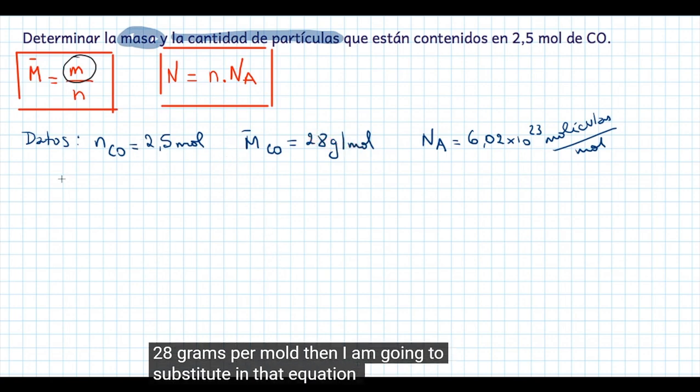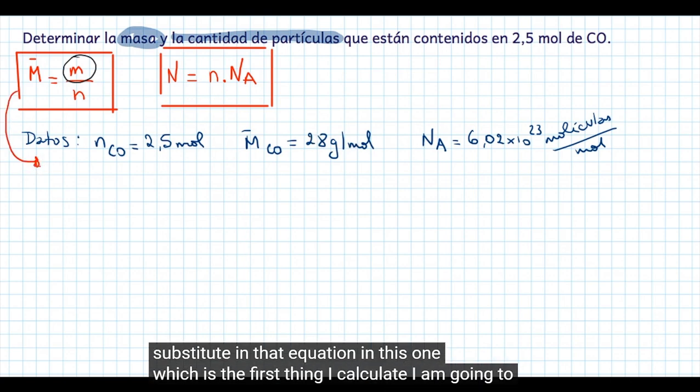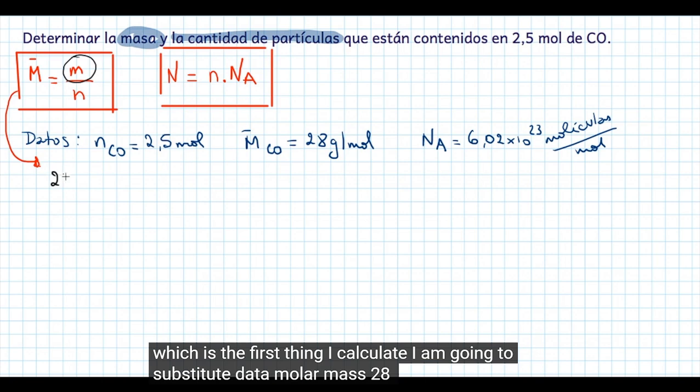I am going to substitute data: molar mass 28 grams per mole